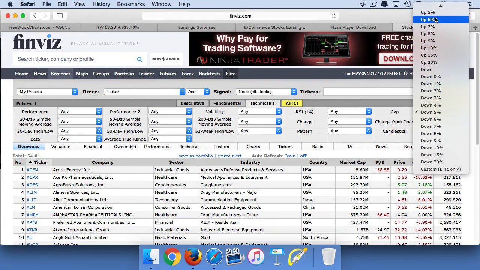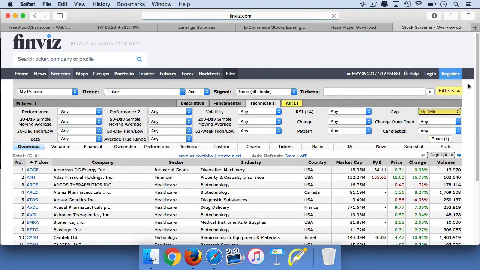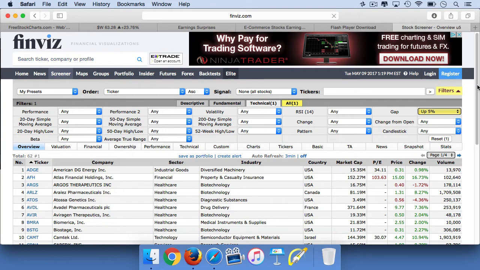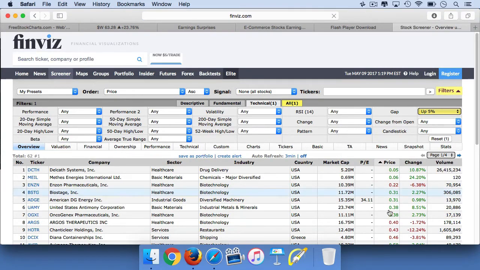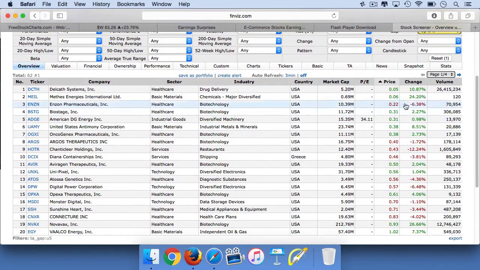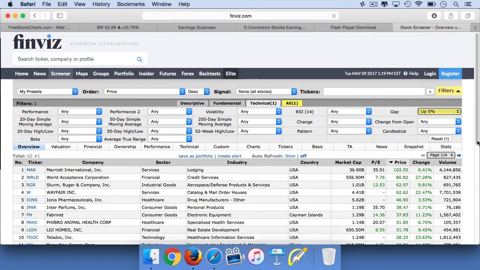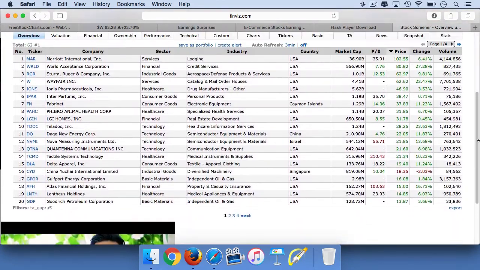So let's say up 5% or more. These are big moves that institutional traders will have to try to track down. Now, what I didn't do before is, once you get here, you can sort by price. Now you can see many of these stocks are tiny little penny stocks. I don't recommend doing this strategy on stocks that are under $5, maybe even under $10 a share. So you can sort by price, and you can look at these stocks on the first page that